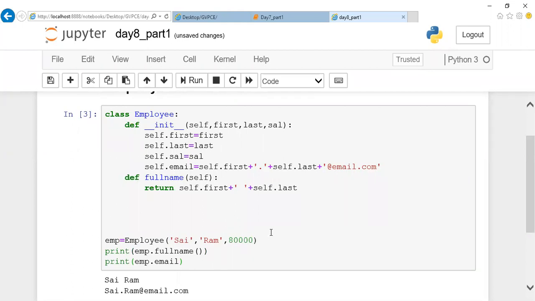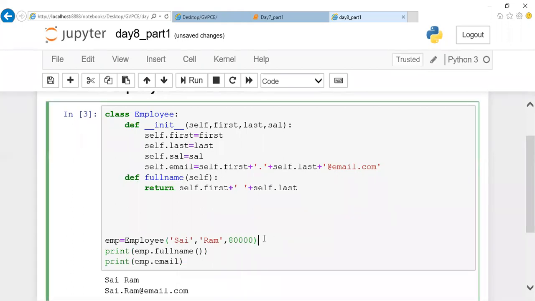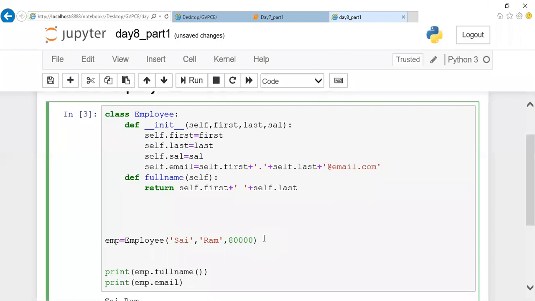Now we are going to do some additional tasks, which is, after initializing this data, I'm going to modify my first name alone. First name or last name. Or we can modify the last name. Okay, Sairam will be modified as Baba. Some name. Our last name is modified as Baba. Here I'm modifying it. Now let me try to execute it.